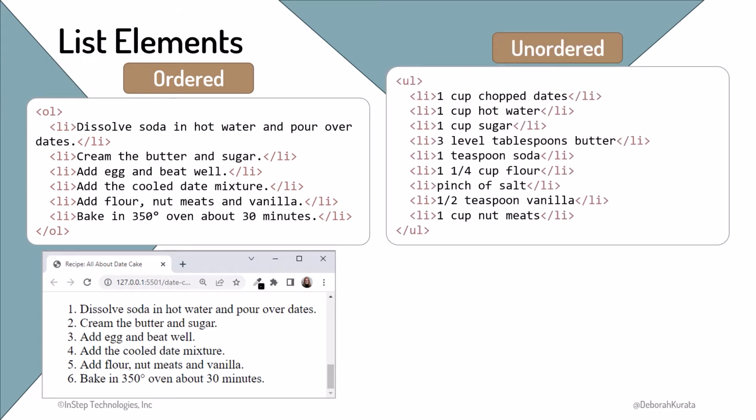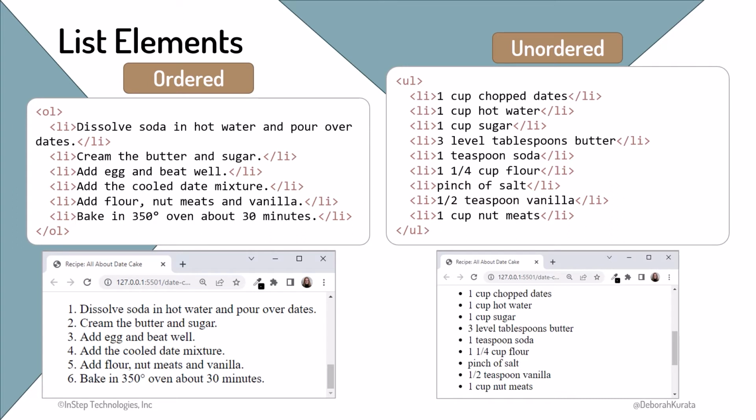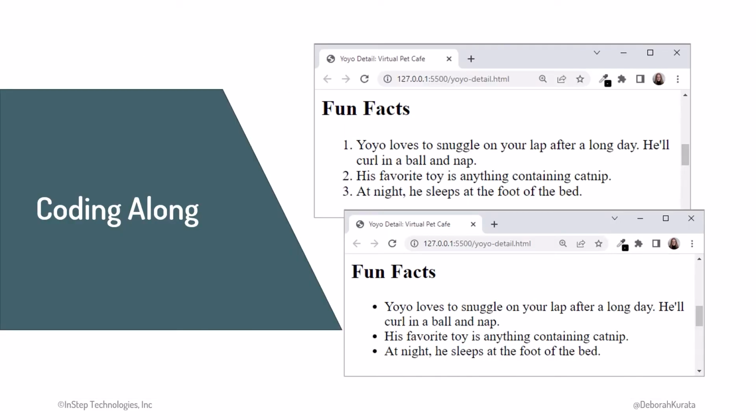The UL element defines an unordered list, which by default is displayed with bullets. Use an unordered list if the order doesn't matter, like a list of ingredients. Just like with the OL element, each item in the list is defined using an LI or list item element nested within the UL. The fun facts of our page would be easier to read as a list, so let's